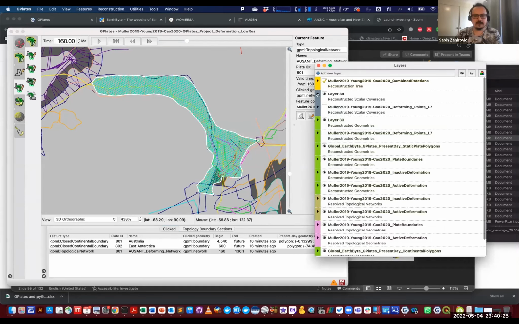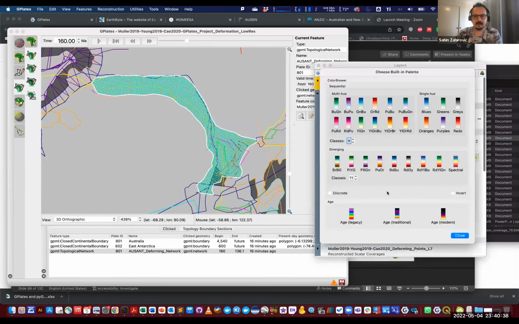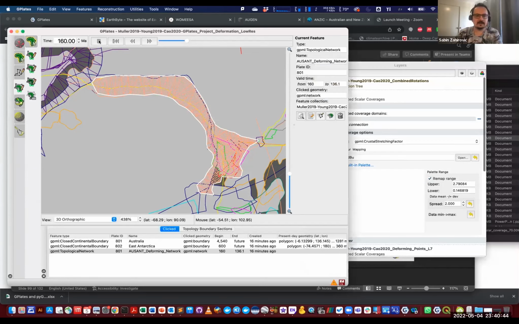Okay, so it's created a new layer, and you can see there's that scalar type. You can explore that: tectonic subsidence, stretching factor. You can change the color palette to anything you want. And then I play that forward in time,